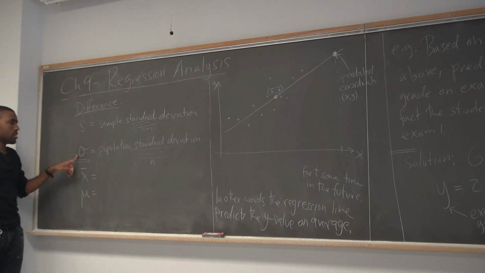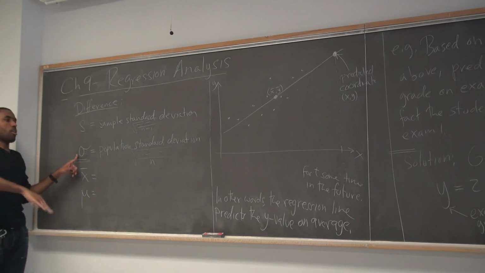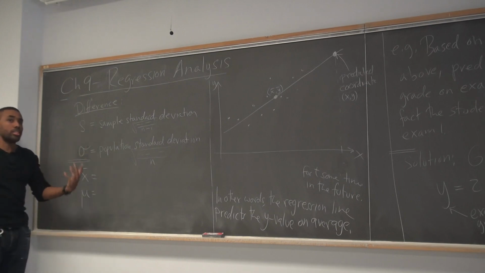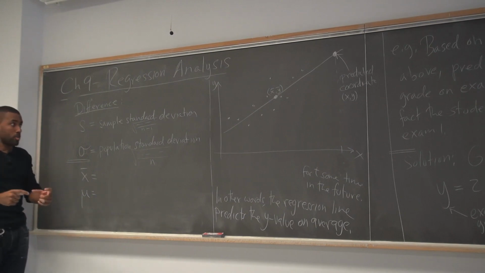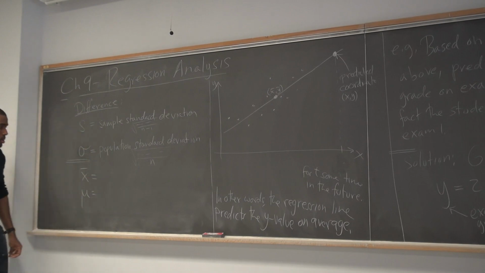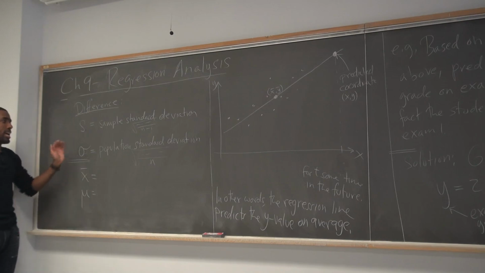So if you're doing a study on all Americans, are all Americans obese? There are 300 million Americans. You're not going to go measure everyone's weight, right? So what you do is you take a sample. You only study 10,000 of these Americans. So when you take the standard deviation for that sample, this is the standard deviation you use. It's really just an approximation of this one. So the idea is sometimes you can't collect your data from the entire population you're studying, so you take a sample, and then